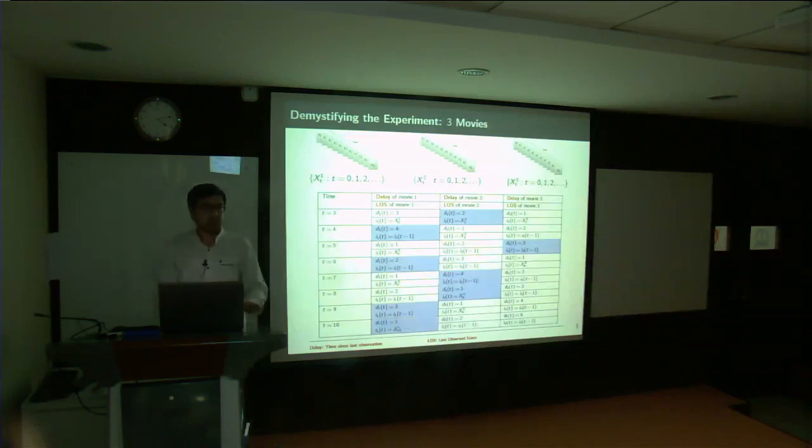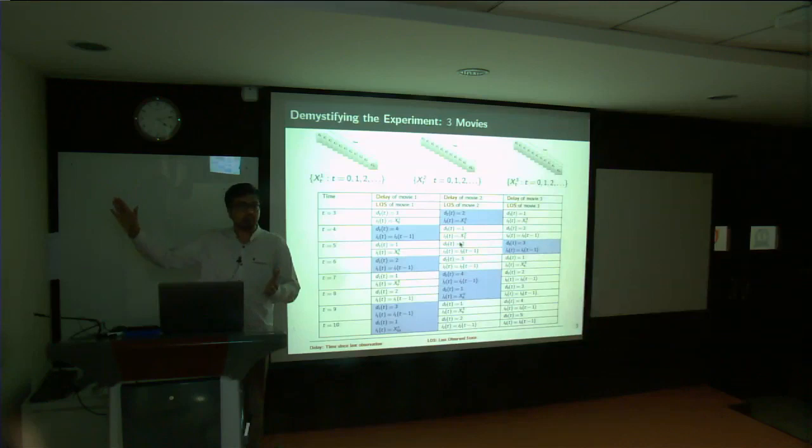This will be useful at a later point of time, and I'll come back to this. These are the notions of delays and last observed states. Just have this in your mind. There's a certain evolution of these delays and last observed states according to this rule. Whenever you don't observe, the delay increments by 1, and the last observed state is whatever last information you had retained about that movie. Whenever you observe, its delay is immediately updated to 1, and its last observed state is updated to whatever you observed just before.